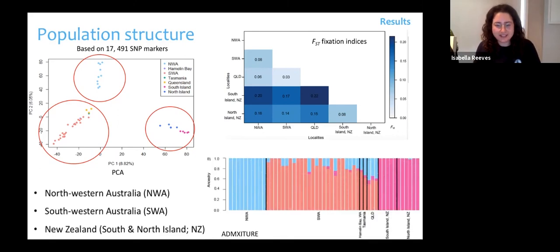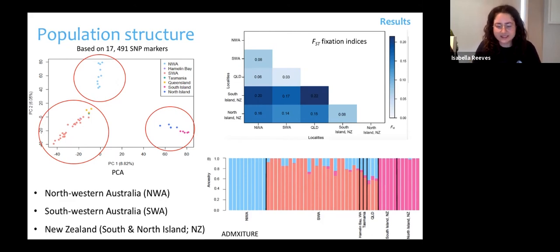And then we used admixture. So admixture actually tells you the most likely population or number of populations within your data set. And what it does is it basically just models ancestral proportions and the likelihood of an individual actually belonging to a population. So to understand this graphic, basically every single column here is an individual, and it's the percent of them belonging to the population on the y-axis.